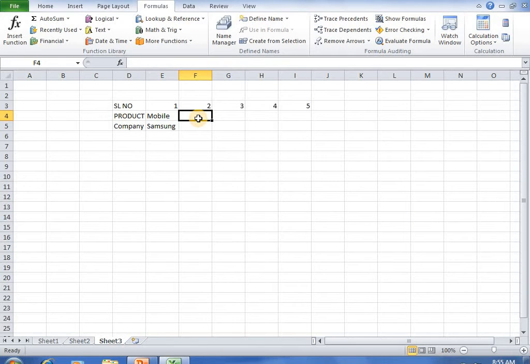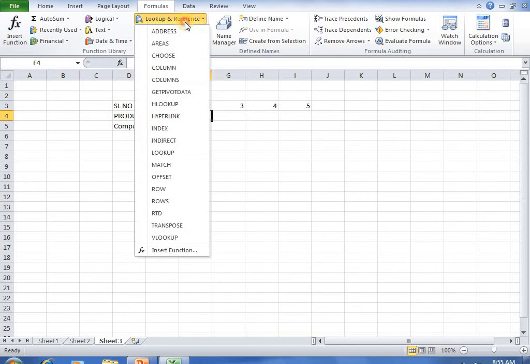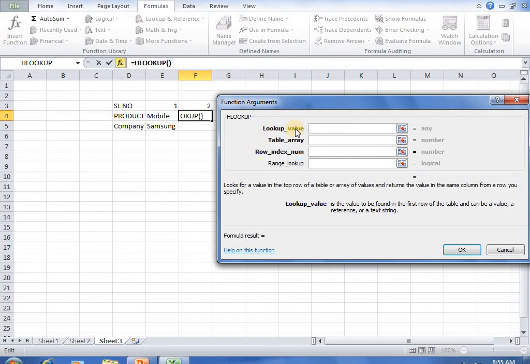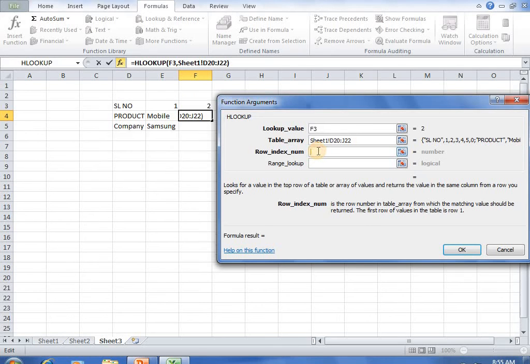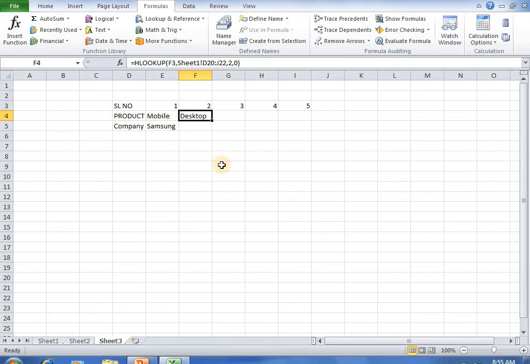In the same way, we have to find the product which is under serial number 2. Go to lookup and reference. HLOOKUP. Lookup value is 2 here. In table array, we have to choose this entire data, and row index number is 2. Range is 0. Okay.